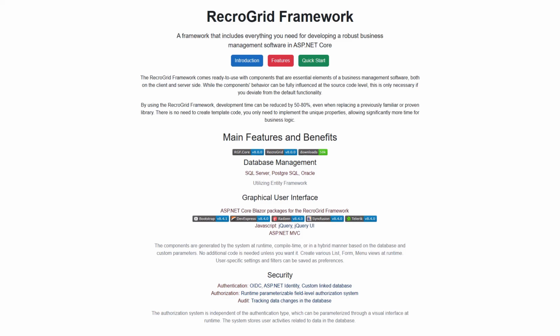But Recrosic doesn't stop there. Different permissions can be accessed at the code level. There are more complex scenarios in parameterization. Object permissions can inherit settings hierarchically from each other. With inheritable permissions, you can prioritize or override permissions. You can define not only permissions but also denials. You can associate permissions with an entity based on a specific record or data of the record. You can intervene in the evaluation process at the code level or through stored procedures stored in the database. Next time, we'll examine these as well.